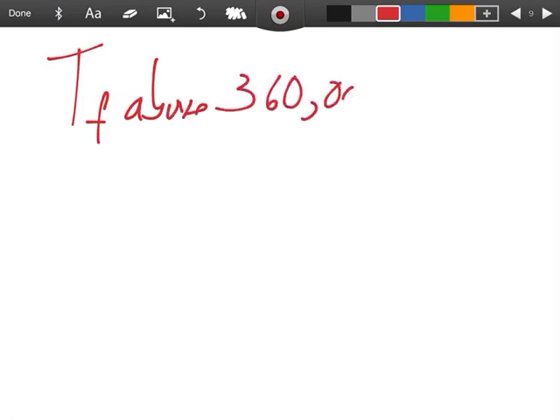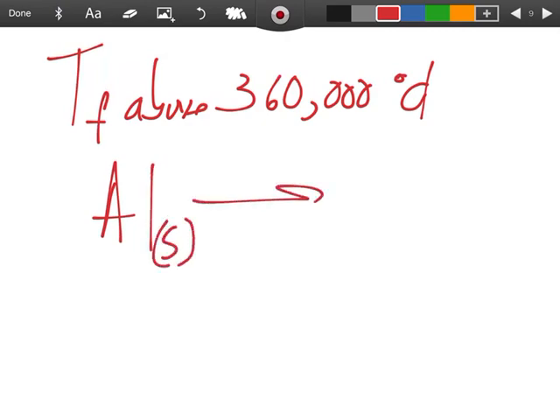So the final temperature is going to be above 360,000 Celsius, which is a lot. That means that the aluminum is being transformed from a solid to literally plasma,